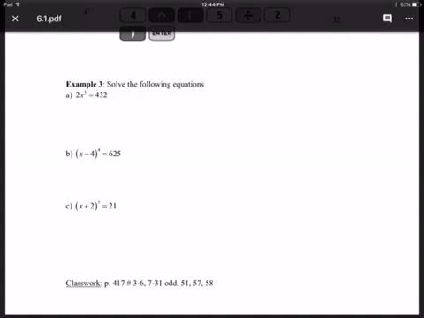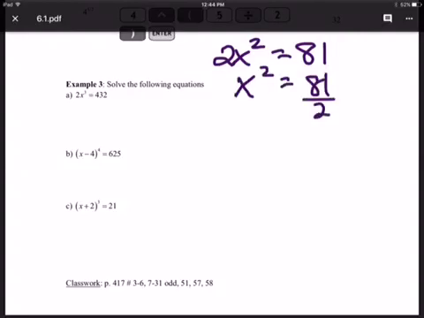So lastly, let's look at solving equations using these roots. For instance, if I want to solve 2x cubed equals 432, before, if I had 2x squared equals, say, 81, I would have to get the x squared by itself first, divide by 2, so that would give me 81 over 2, and then I'd have to take the square root of both sides in order to undo the squared. I'm not going to go through all of that because that's not new, but we're going to use the same idea